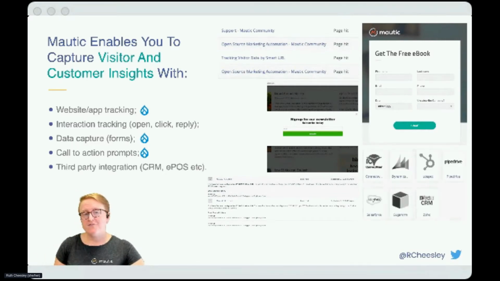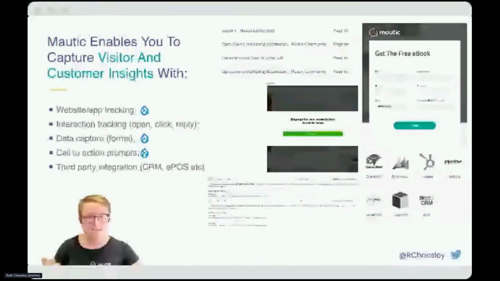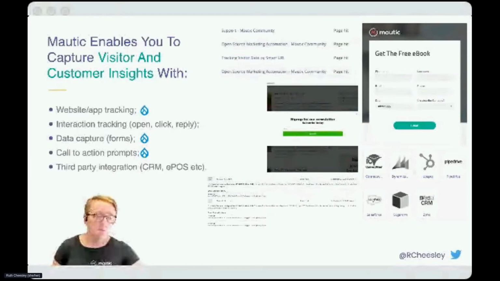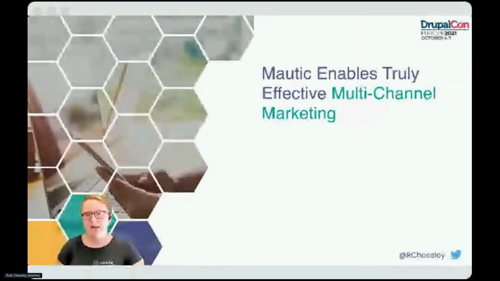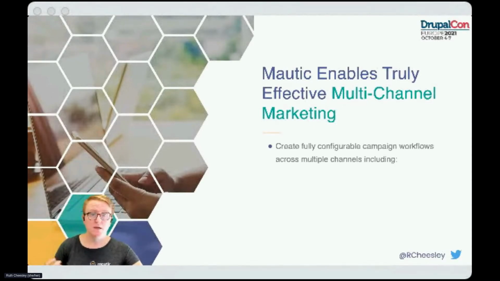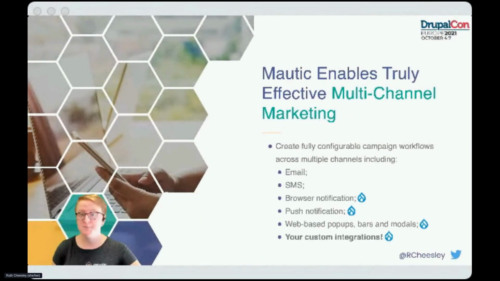And also, if we have third-party tools like a customer relationship management tool, an electronic point of sale or something like that, that can also be integrated into MoreTick. Or you can use a third-party tool like a CDP and integrate that with MoreTick. So we can pull in all the information we know about what products they have purchased or what they have been interacting with. And this means that we can create fully configurable campaign workflows across all of the channels that we've been talking about. So we can configure these across email, SMS, browsers, push notifications, web-based pop-ups, bars, modals, but